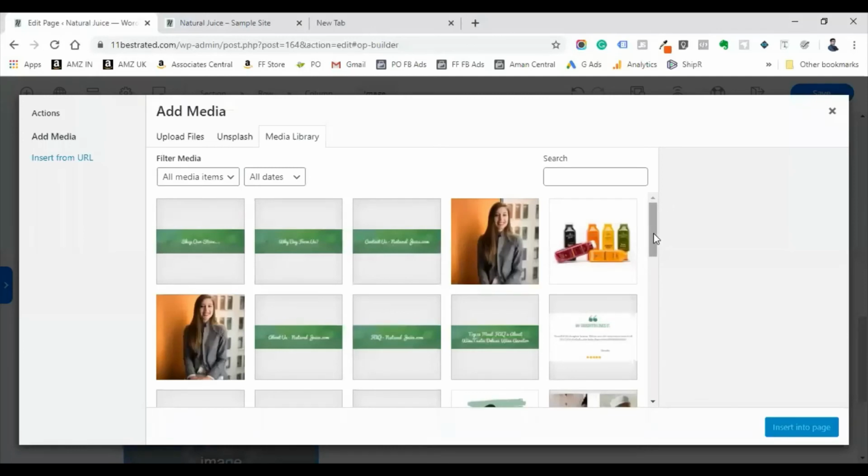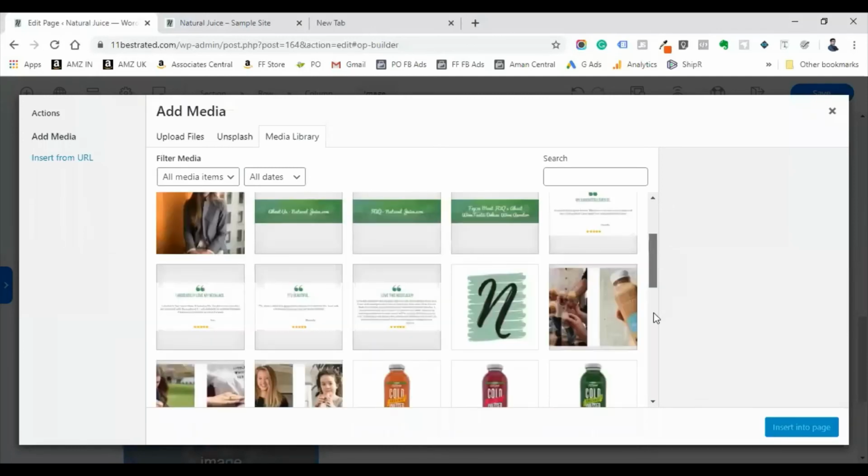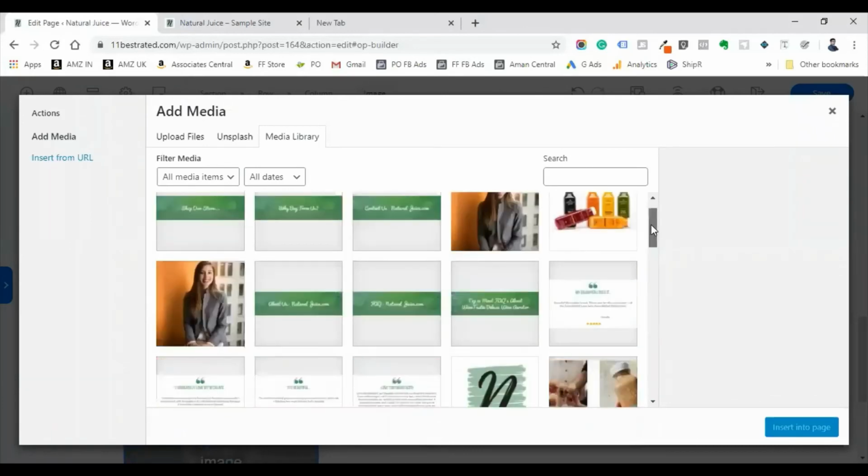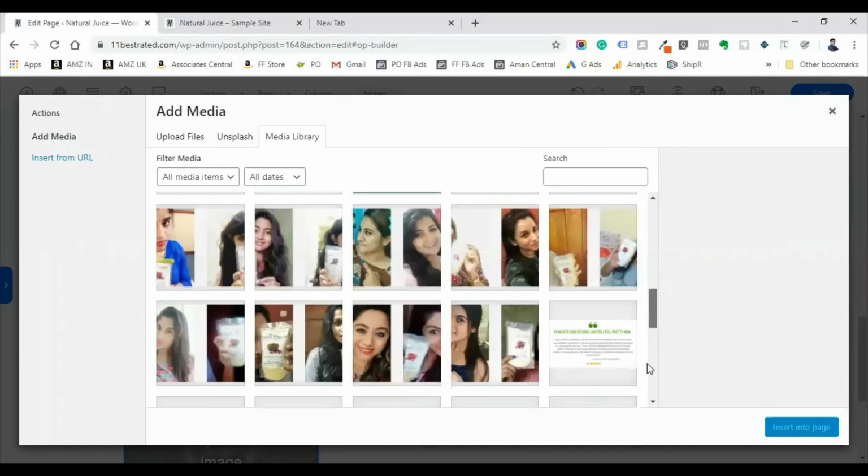You just have to get those badges ready, upload it on your media library, come here, and you can use that here.